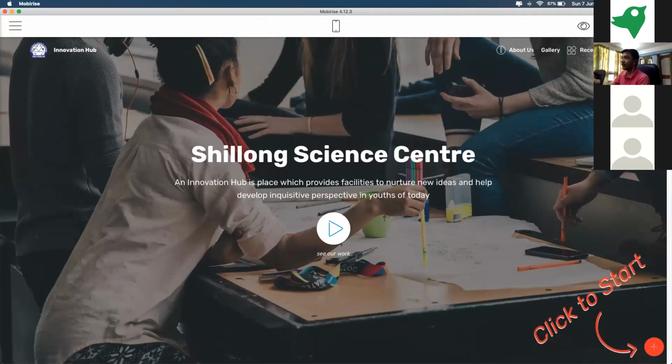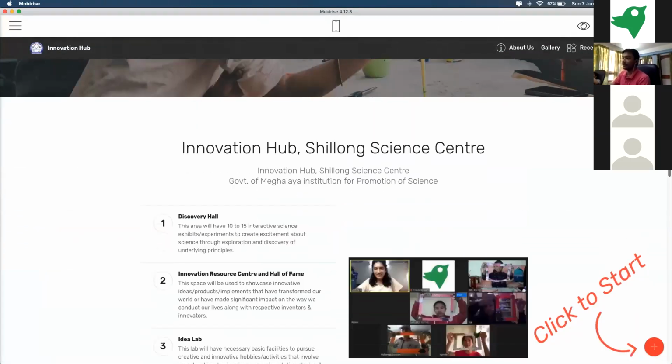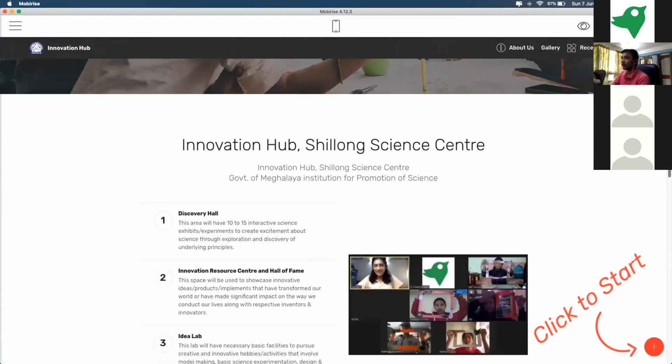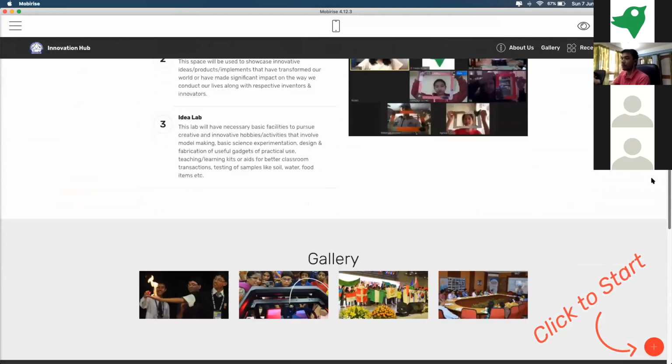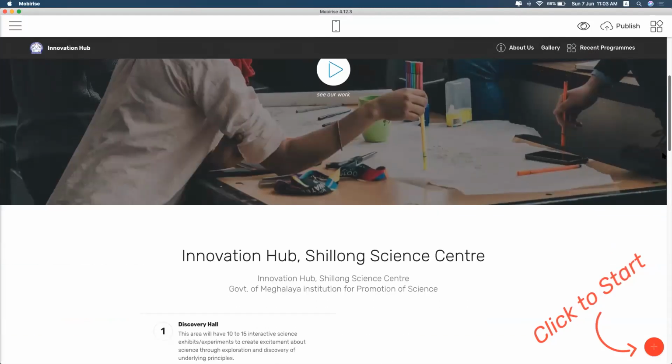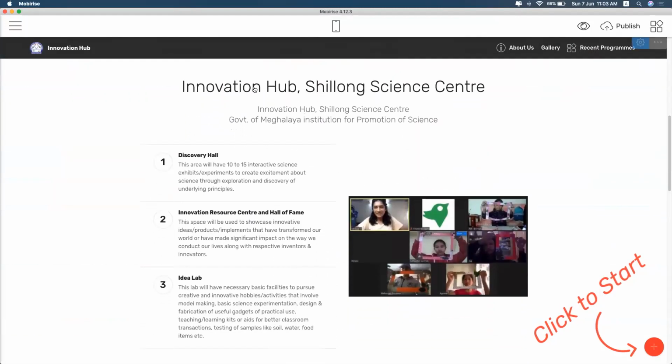So I already built a demo website, so we'll be recreating this one. Okay, so let's quickly show you what it looks like. So we have the main section here. We have a navigation bar on top that says Innovation Hub. So actually the website will be on Innovation Hub. Okay, so below that we have what Innovation Hub has or what they do, this is all mentioned here, and we'll have one picture here,